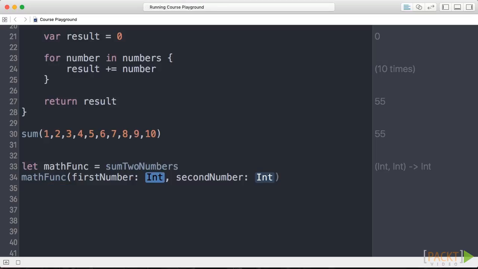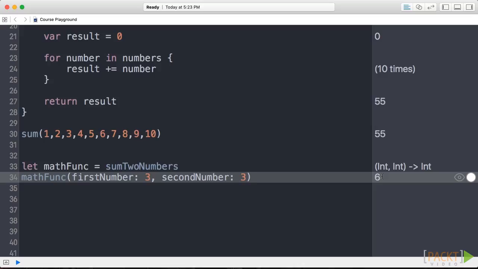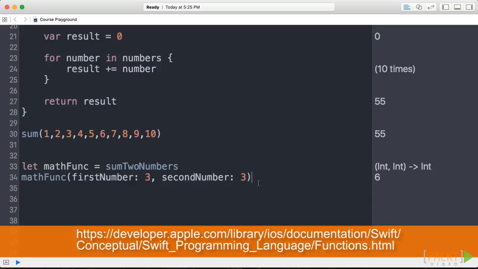Before we finish with the functions topic, I would suggest another interesting topic: nested functions. In Swift, we can nest functions inside other functions. Nested functions are hidden from the outer scope, but we can call and use them through their enclosing function. For more information about it, refer to